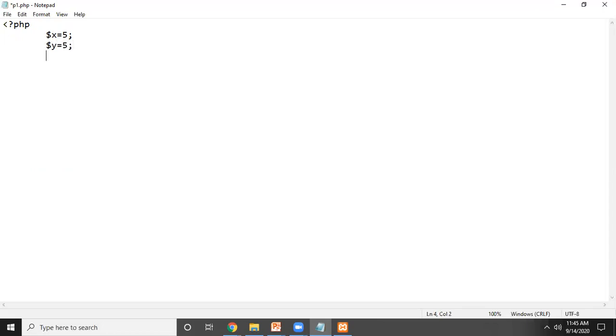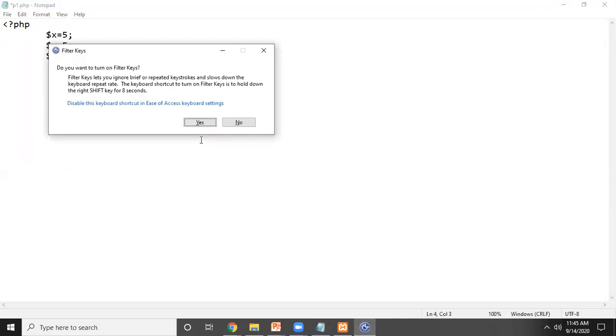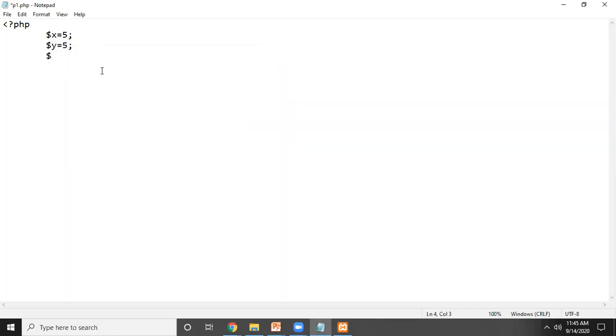Now I'm performing addition of $x and $y, and I'm going to store it in the $C variable. So $C is equal to $x plus $y.